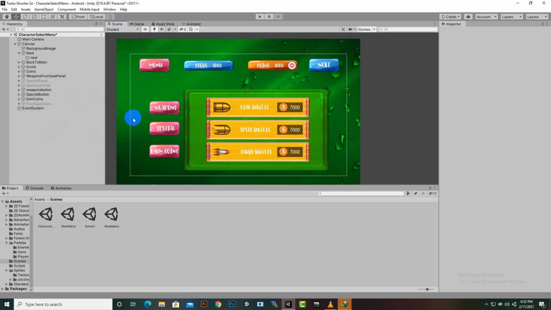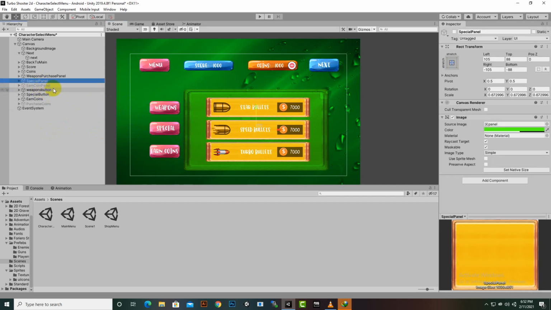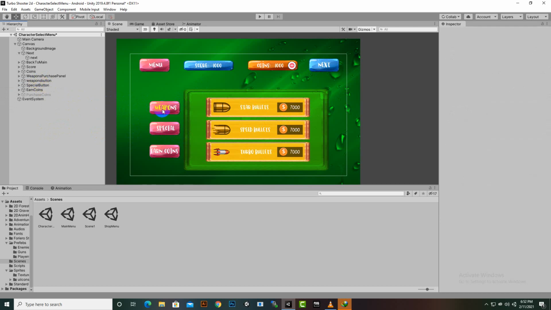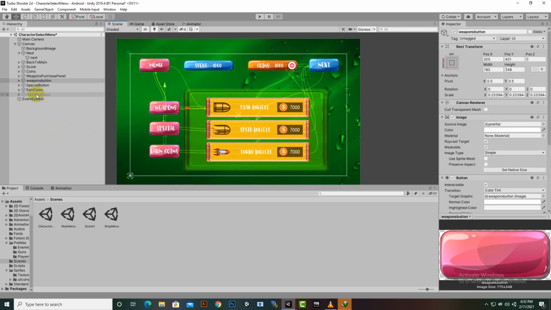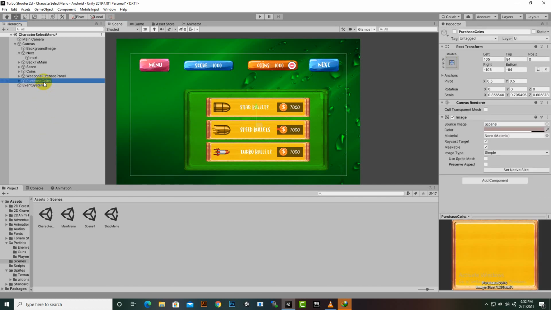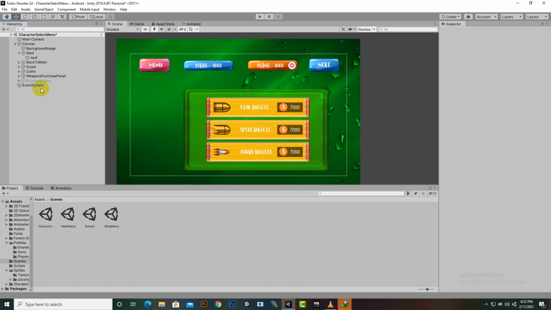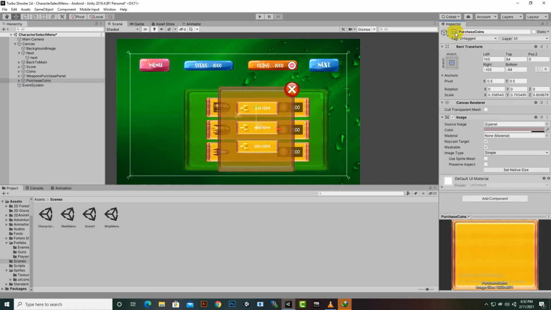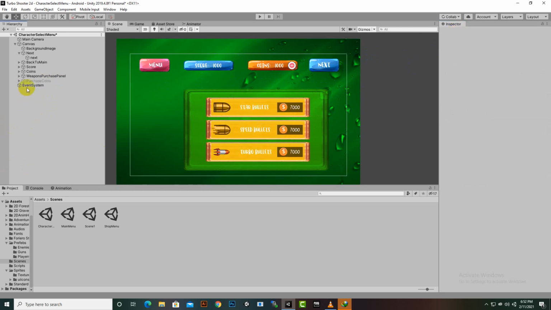Okay, so now we will create a character panel. Before that, I will just delete this special panel and coin panel. We will also delete these weapons buttons, etc., because we don't need them at all. We will keep this purchase coins, because in this section we can also purchase some coins. So we'll leave this section here,